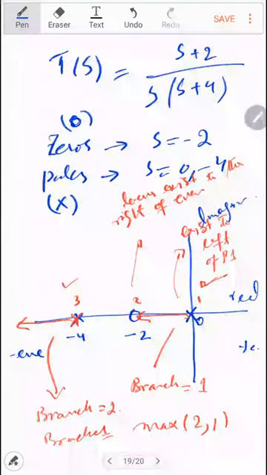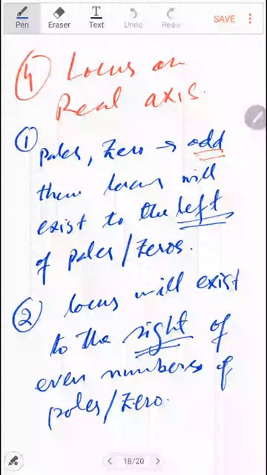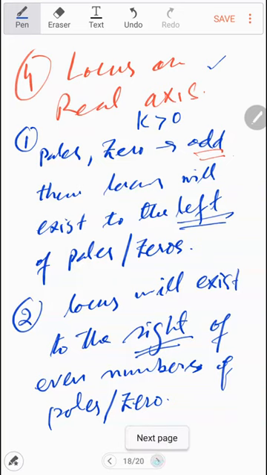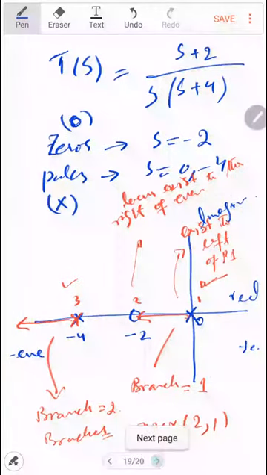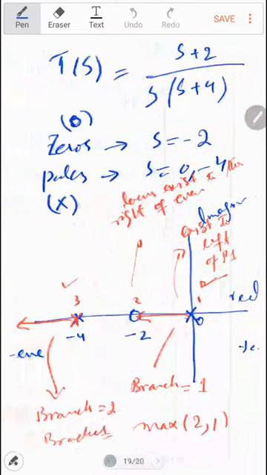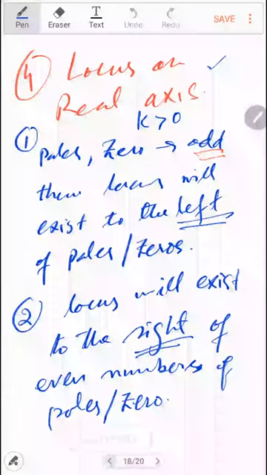So we have these two pieces of information. Now, related to this, the root locus on the real axis. Remember, this is for the negative feedback system, and this is for when k is greater than 0, meaning when k is positive. But what will happen if k is negative, or you can say the positive feedback system? When k is a negative number, less than 0, then we will take the opposite of this one.